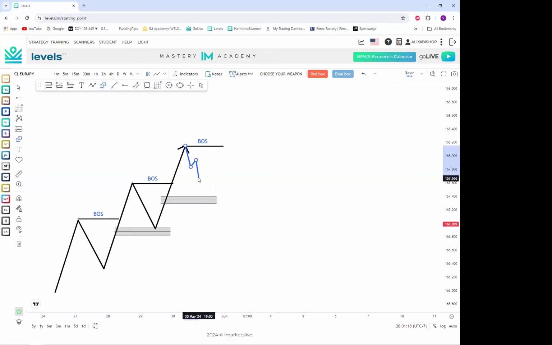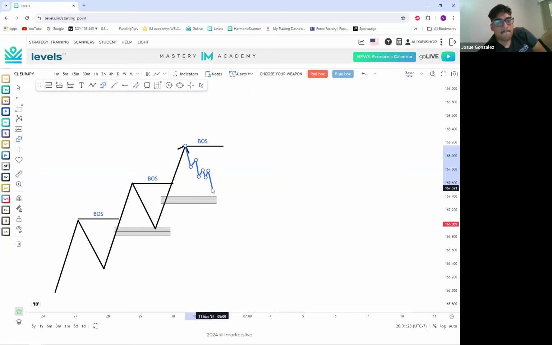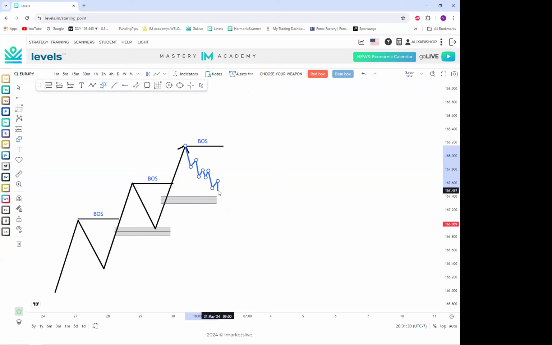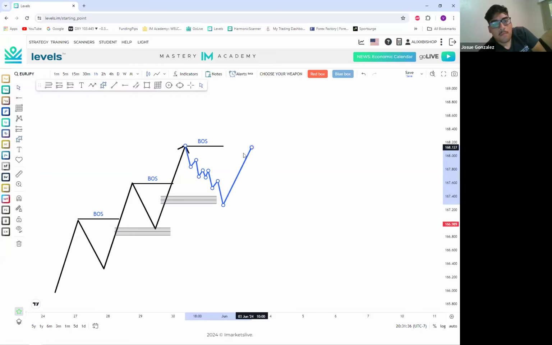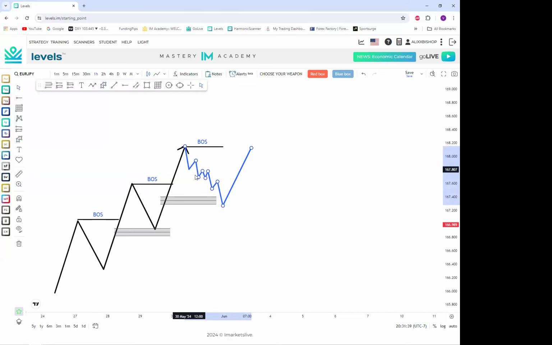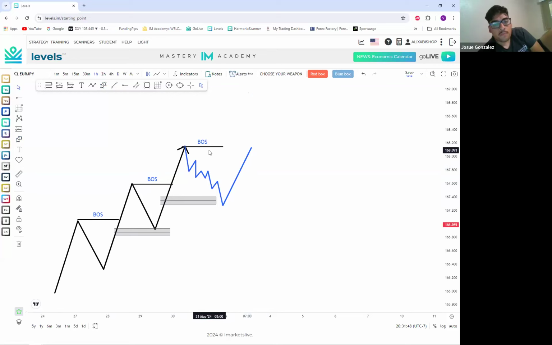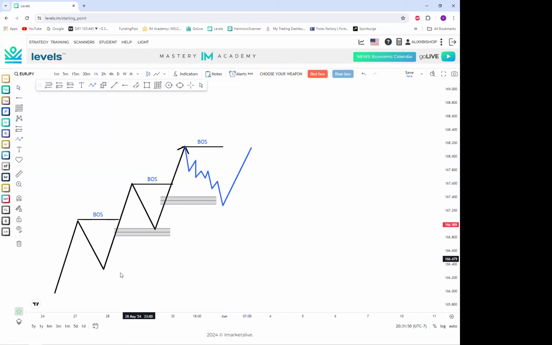how important is it to break up just like this, maybe consolidate a bit, and go back down? This is very important, guys. This lets us know how much liquidity is being left to the upside. That gives us more confidence the market actually wants to continue up. Because now this is where market structure starts to get more advanced, in an uptrend, when market is heading up,